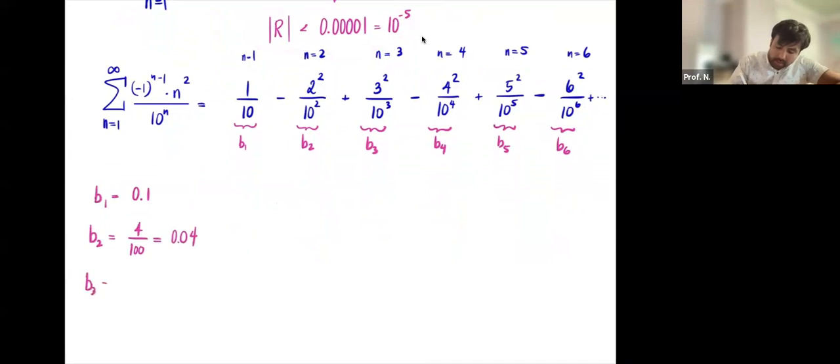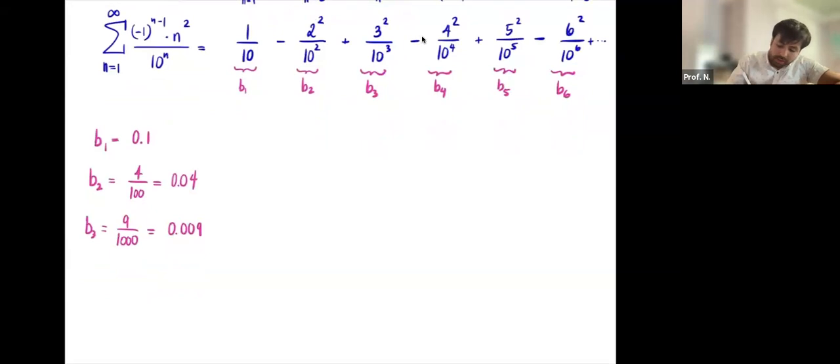B sub 3 is 9 out of 1,000, which is 0.009. So you start to see a little bit clearer what the values are. Sorry, I skipped one. You get 16 over 10,000,